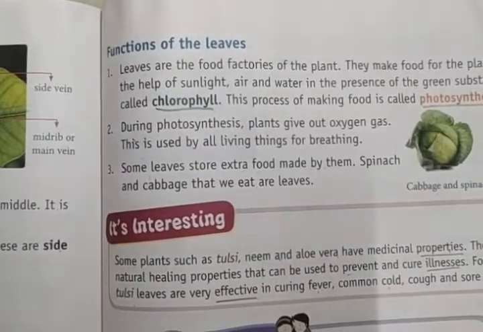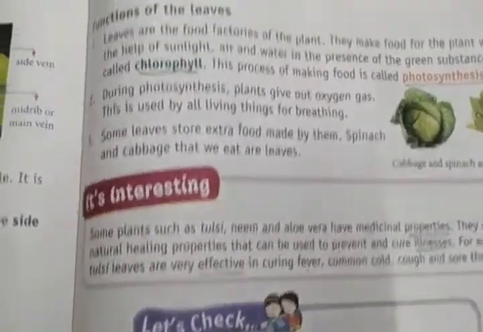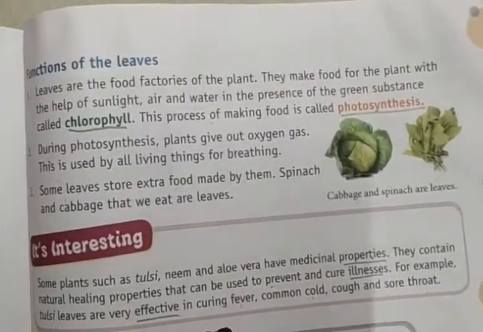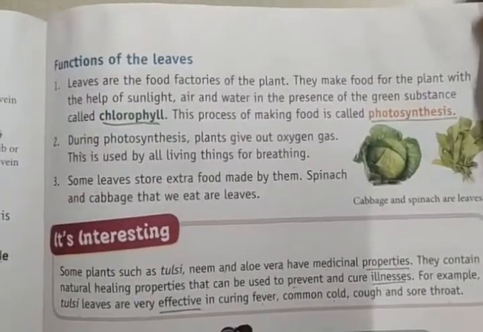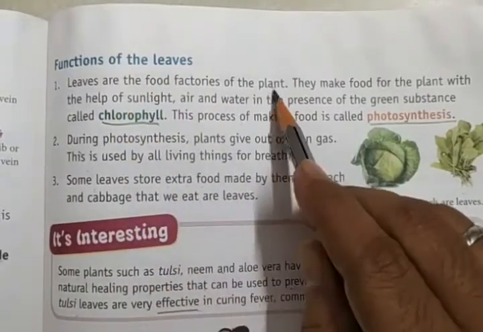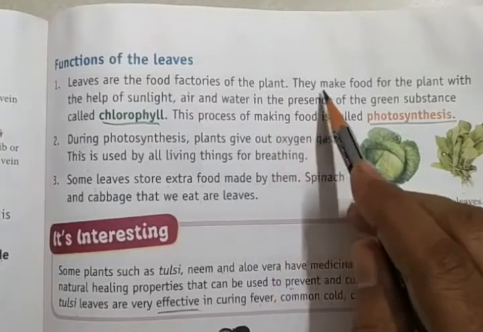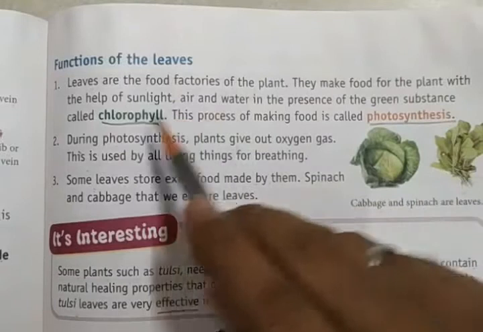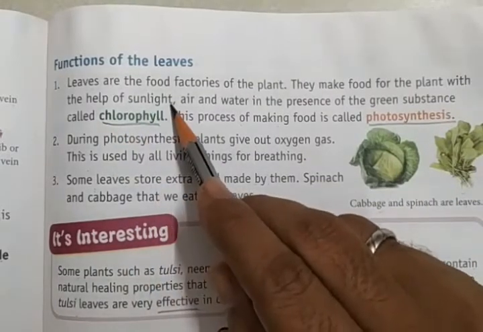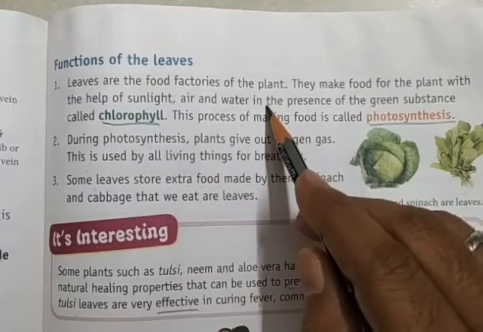Hope you understood the leaf, the structure of the leaf, the color of the leaf, and what the parts of the leaf are called. Let's understand its functions. Functions of the leaf. Leaves are the food factories of a plant. They make food for the plant with the help of sunlight, air and water in the presence of the